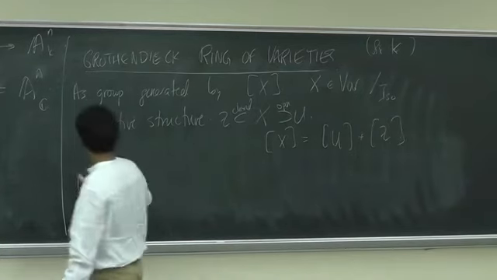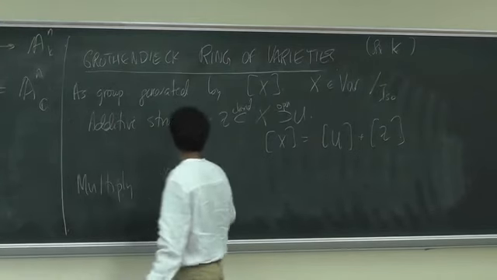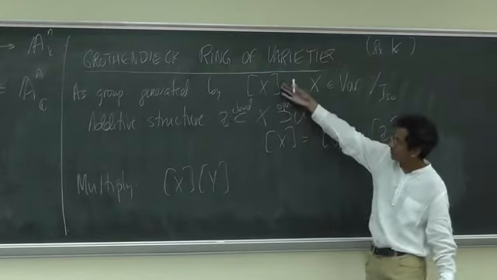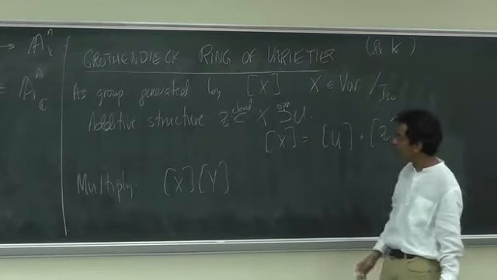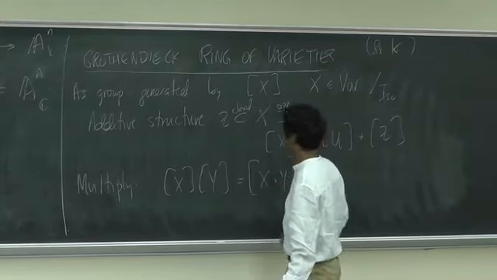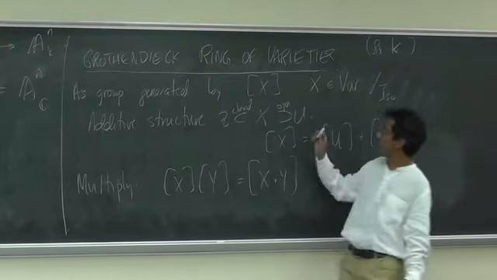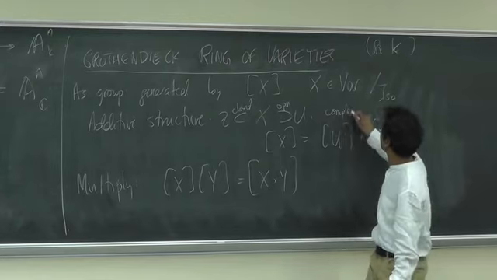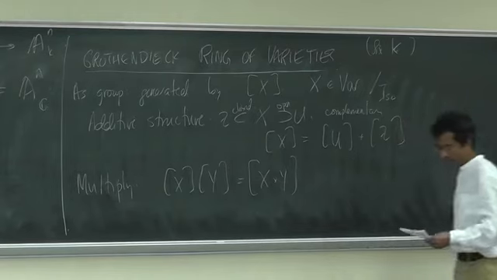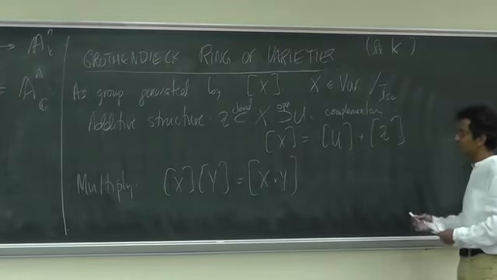And now I'll tell you how to multiply. If I tell you how to multiply two of these guys, then that means I told you how to multiply in the ring in general. And what they are is just the product of the two. Do you mean that U and Z are complementary? Sorry, they're complementary. That's right. I should have said that. U is the complement. Then the product of the classes is the class of the product. And that's it. The definition is very fast and short.